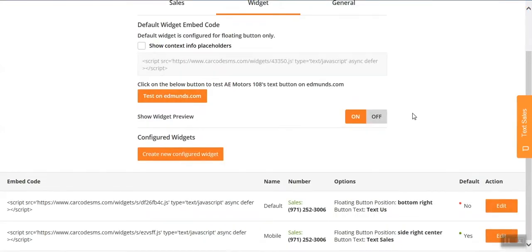Now, if I want to make changes to the widget on the website, initially what I can do is come to this screen and then come down to the actual widget here. You could see that in my example here, I've got two widgets set up. One is going to be a default widget, which would be on a desktop site, and one is going to be on a mobile site. You may only have one here and they react the same on both the desktop and the mobile site. But if you do require additional widget settings, you can also reach out to your Edmunds representative to have additional